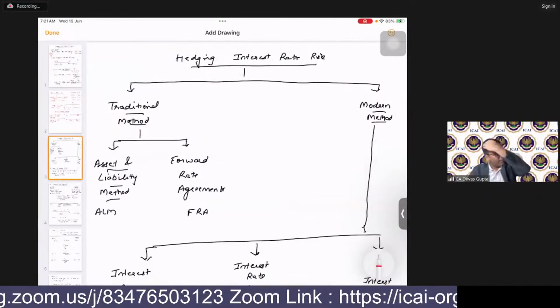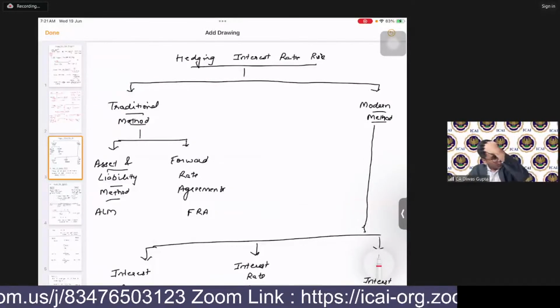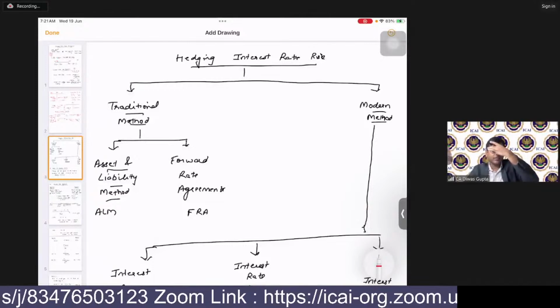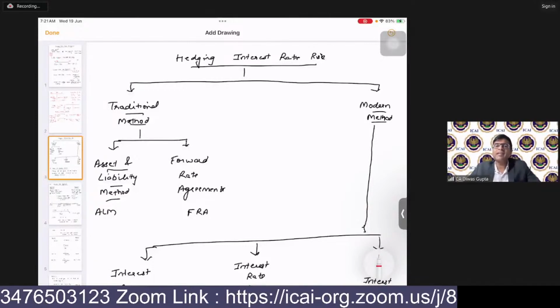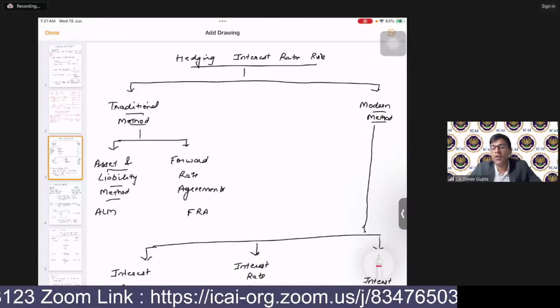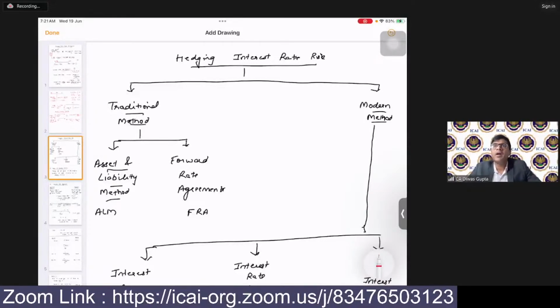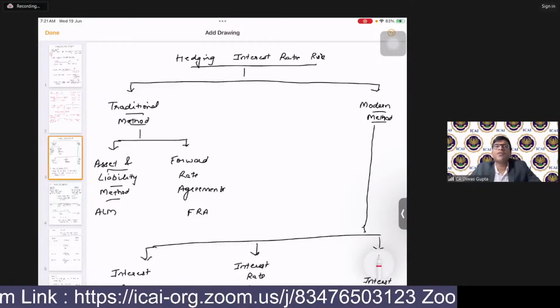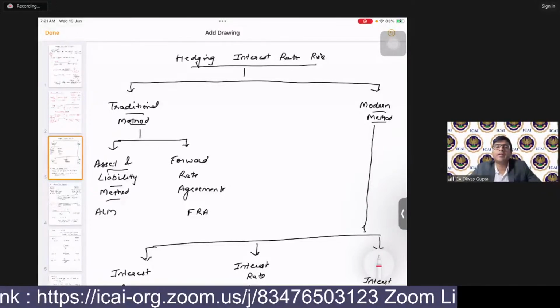Okay, now let us come to the management of the interest rate risk. So any risk, if we want to manage, that process is called what, students? Come on, tell me. The process of making sure that the risk